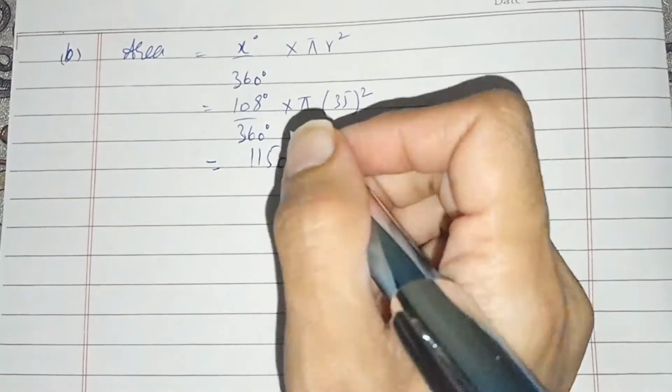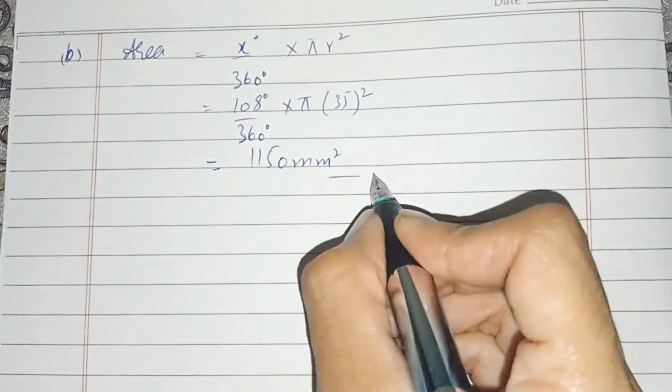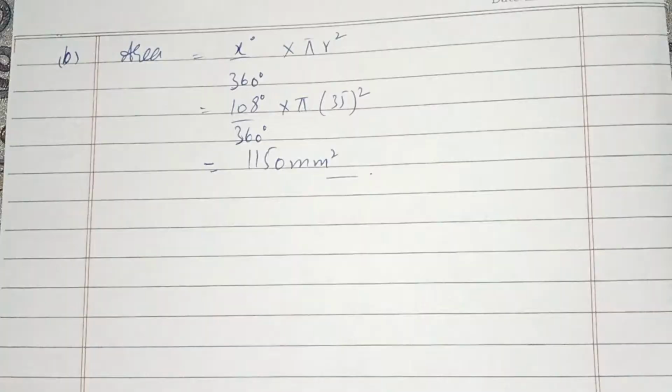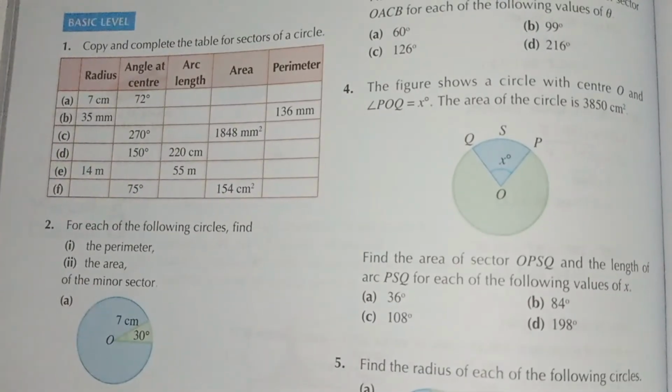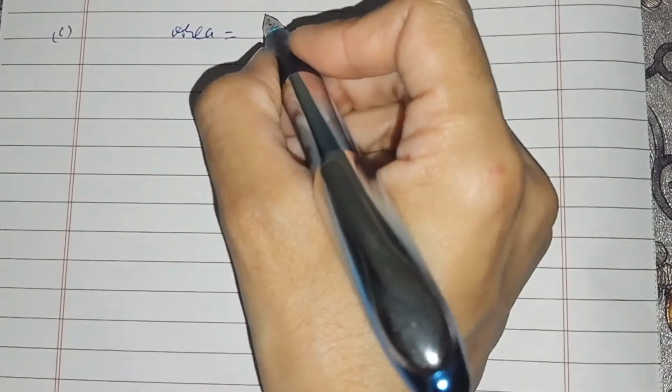You can solve it easily with the help of the calculator. And now students, part number B is solved. Now students, in part number C, we have to find the radius, arc length and perimeter. Area and angle of center are given to us. You know that area is